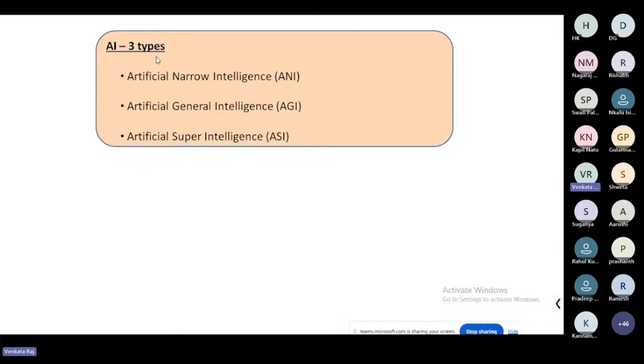There are broadly three types of artificial intelligence: artificial narrow intelligence, artificial general intelligence, and artificial super intelligence. Artificial narrow intelligence is known as weak AI. It is able to complete different tasks by leveraging its ability to process and analyze vast amounts of